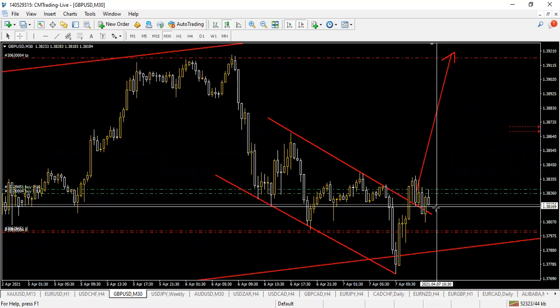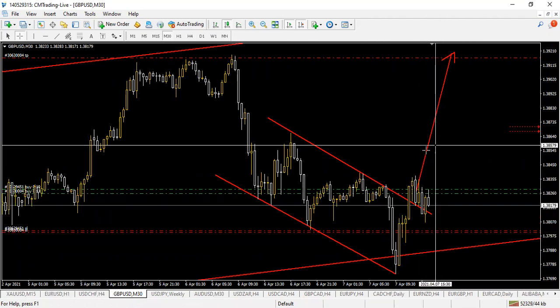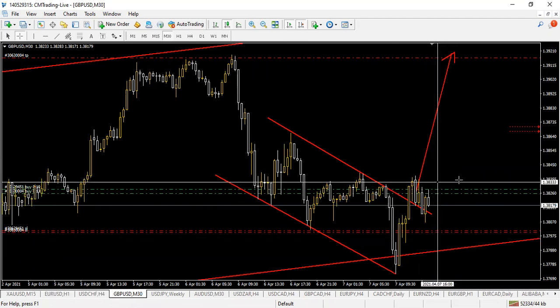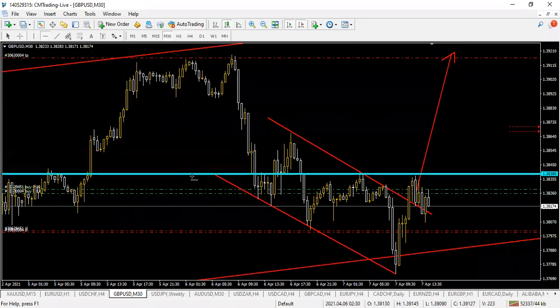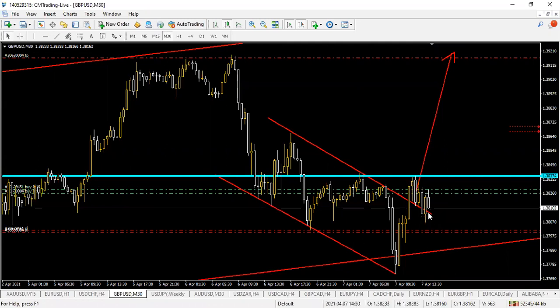GBP/USD is not yet in profit, but it is trying, trying to break out of this formation and really close above. If markets start closing above these levels right here, I'll be so happy, and I'm sure at that time we are going to be sure that the market is moving in our favor. But at the moment, we are just sitting and waiting to see what the market has for us. If this is a proper retest, we are going to be happy and move with this particular structure right here. So that's all from me at this moment.